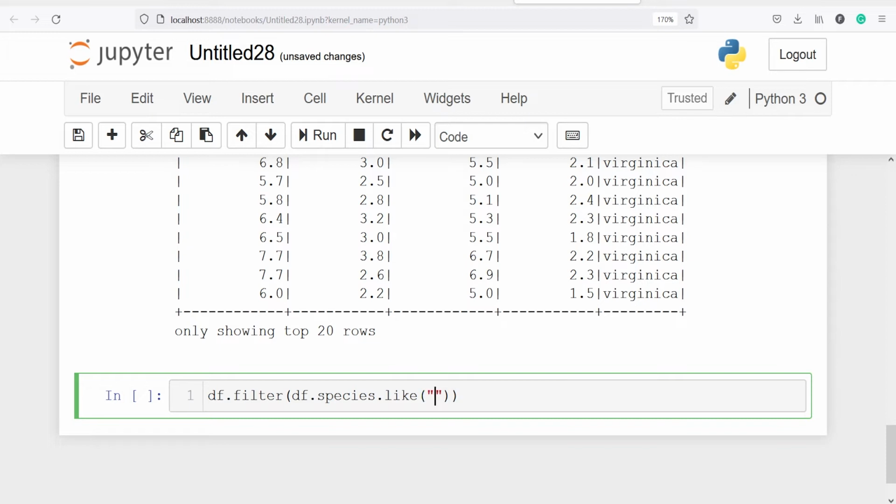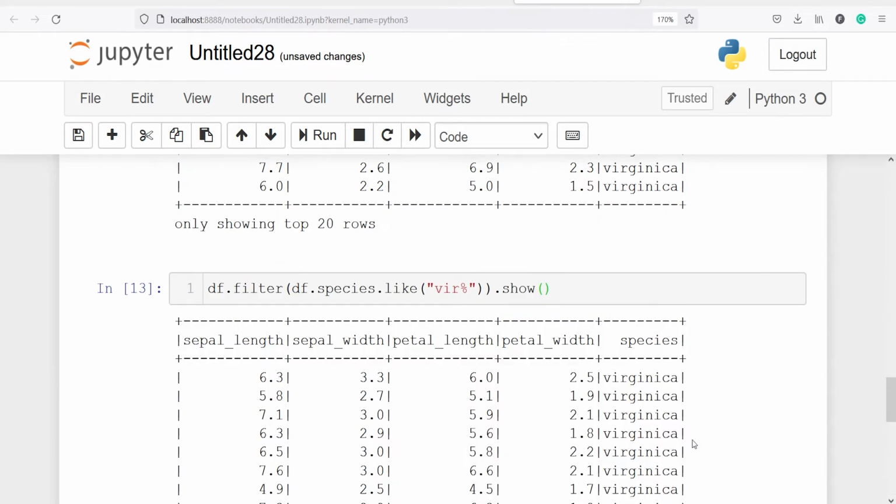I'll write double quotes, then VIR, and then I have to put the percentage symbol for this match. Now .show, and in the output we got this species here, Virginica, based on this match.